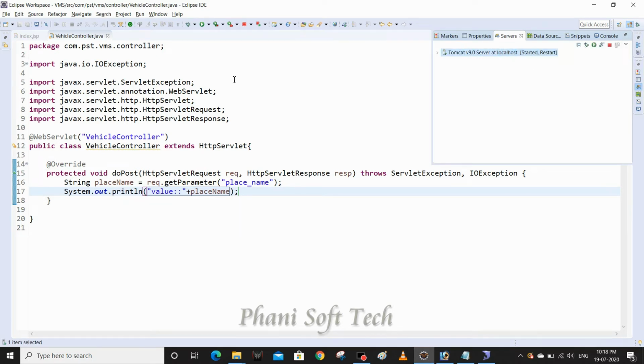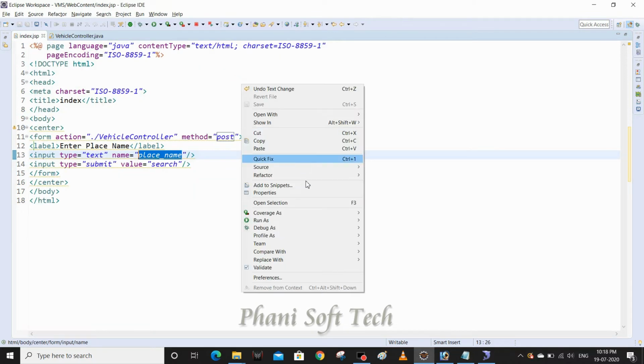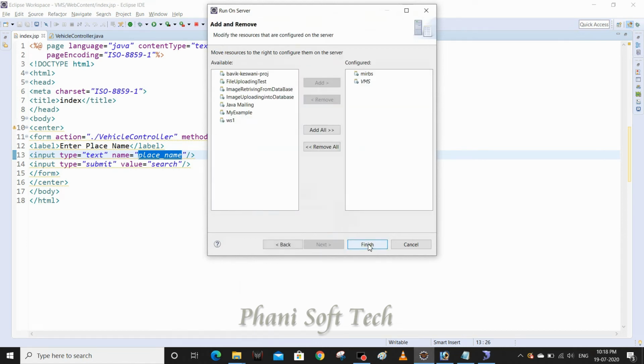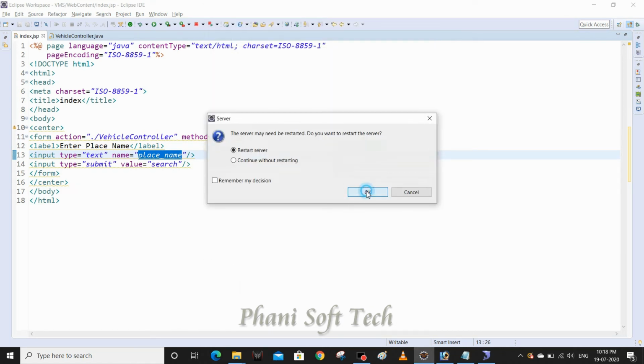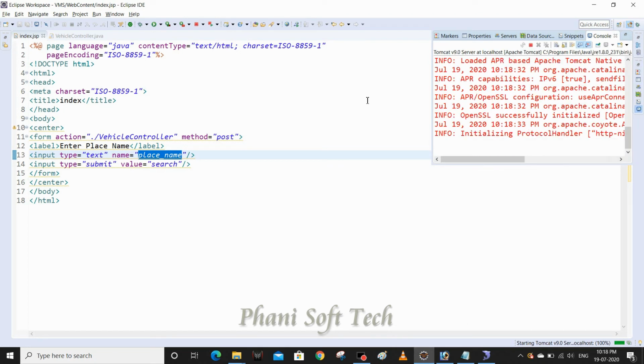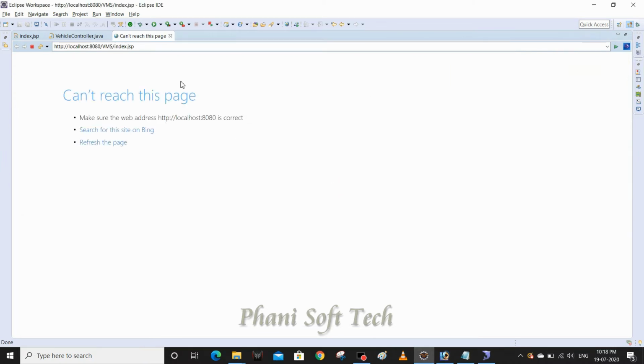So the server is started. I'm going to run this index.jsp, run as, run on server. Next, finish, restart the server. Failed to start.